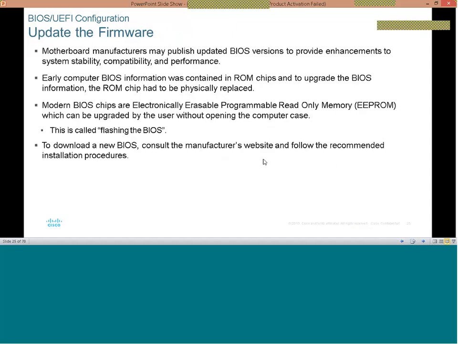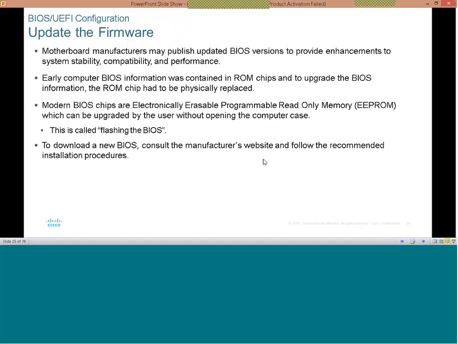So here we'll be looking at BIOS UEFI configuration, updating the firmware of the ROM. Motherboard manufacturers publish updated BIOS versions to provide enhancements to system stability, compatibility, and performance. So there will be a need from time to time for a system firmware update. Early computer BIOS information was contained in ROM chips, like I said, and to upgrade the BIOS information,